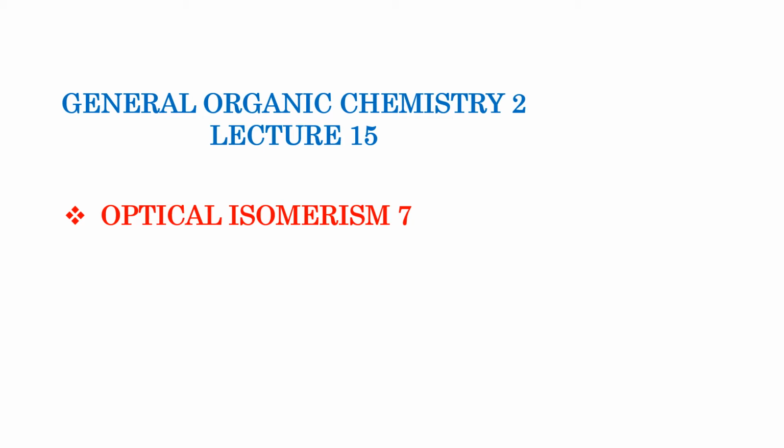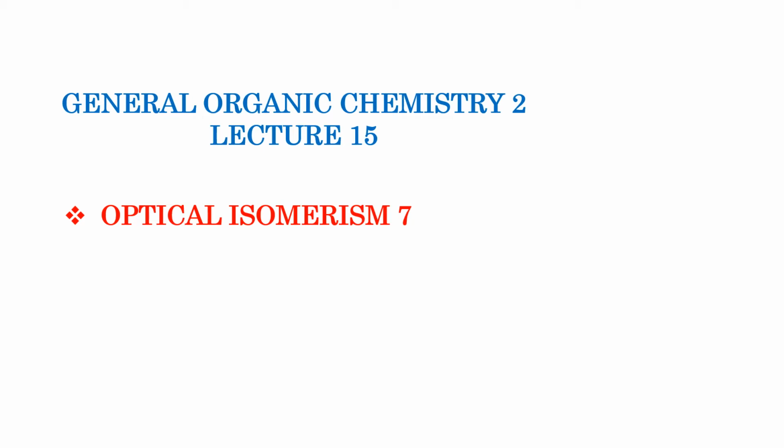Why? What we started in the last lecture was the RS system of nomenclature of the compounds where there are chirality centers present. First of all, you should know what a chirality center is, and then we learned how to identify a chirality center. We have learned so many things about optical isomerism, and also very important terms like enantiomers and diastereomers. So please do watch the previous lectures before viewing this lecture.